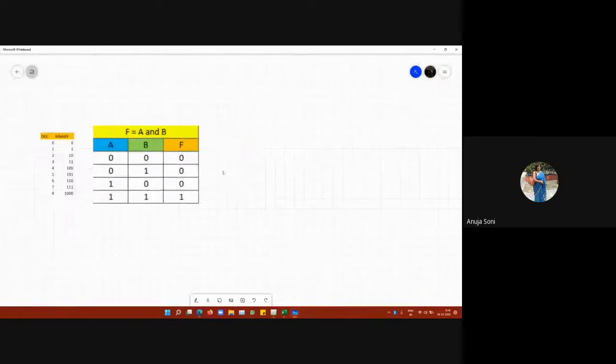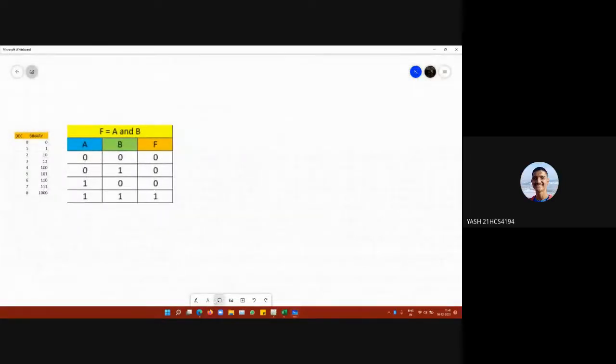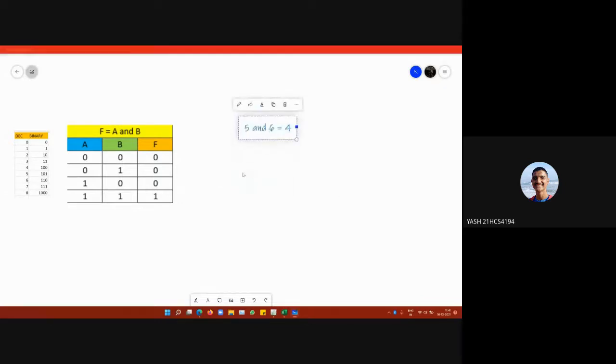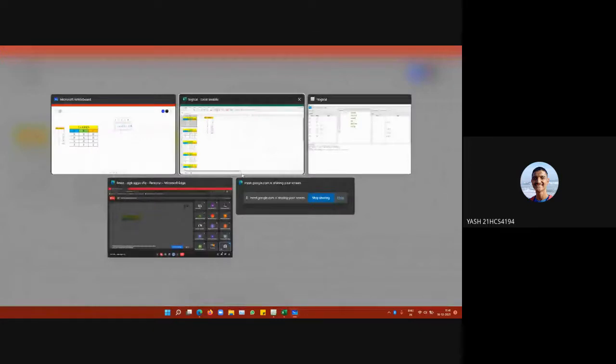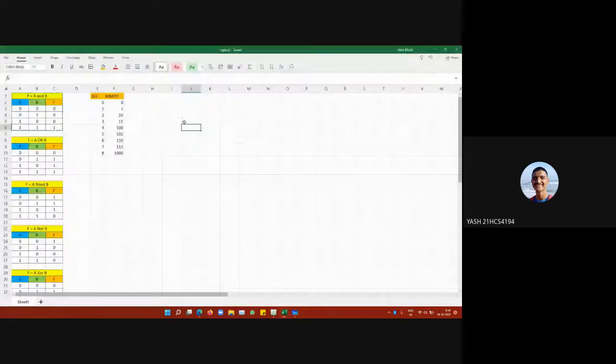Okay. So currently in the program, we use the AND between 5 and the other number, which was 6. So 5 and 6 was giving us the output 4. So what was happening there? It was taking the binary values of 5 and 6.